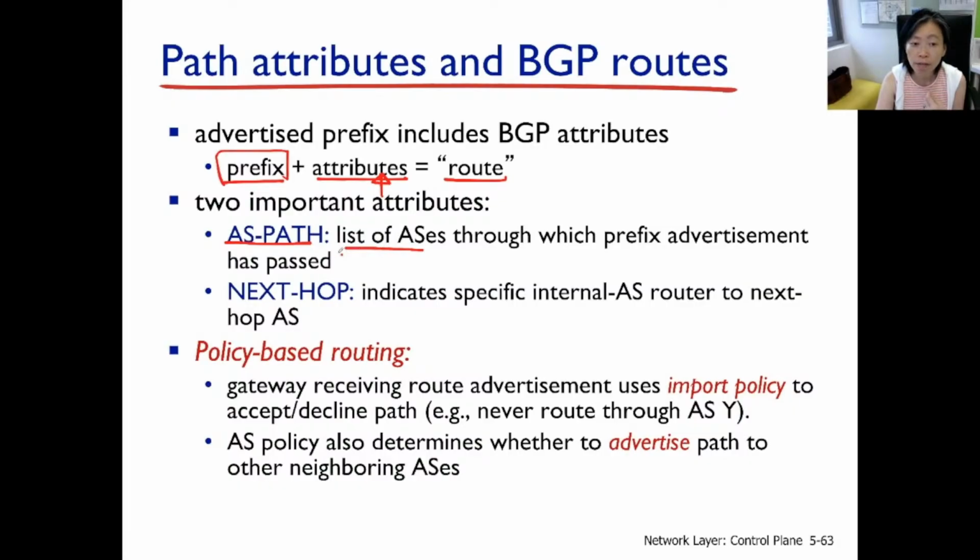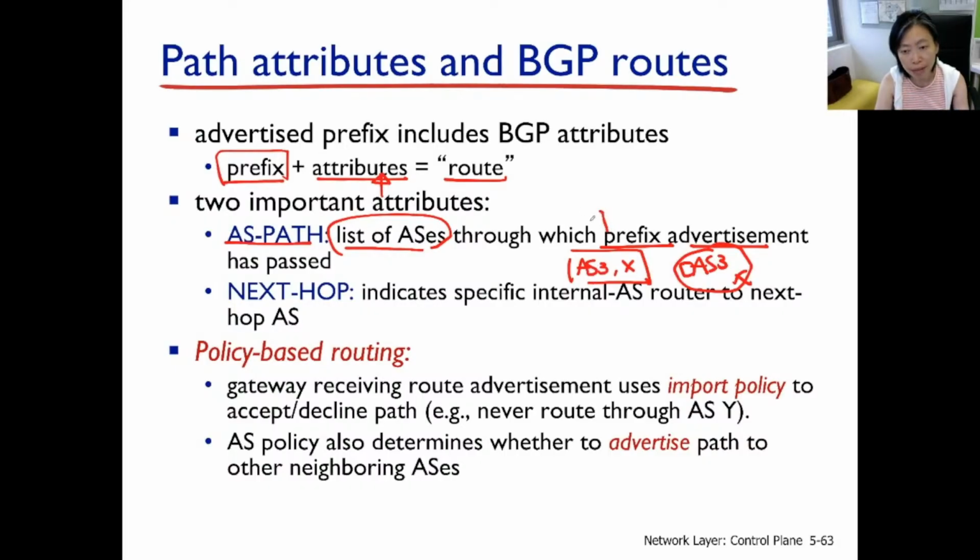The discovery of the list of ASs, the discovery of the AS path, however, came the other way, from the destination network. So the destination network is going to advertise its prefix, and that's going to be in an advertisement message. So the home AS of the network X, let's say AS3, receiving such an advertisement at the gateway router, that gateway router is going to prepend itself, prepend the AS number, AS number 3, before X, and send this out as the prefix advertisement